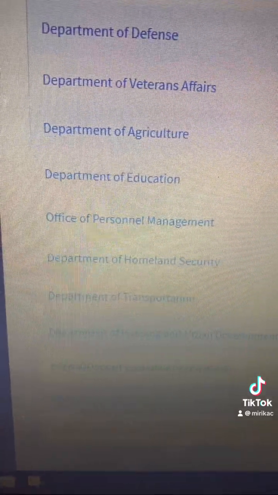We're going to go to the Department of Homeland Security. So the reason I'm going to the Department of Homeland Security is that's where immigration, money for immigration and immigrants are located. Okay. If you want to know how much money has been allocated to immigration, it is under the Department of Homeland Security.